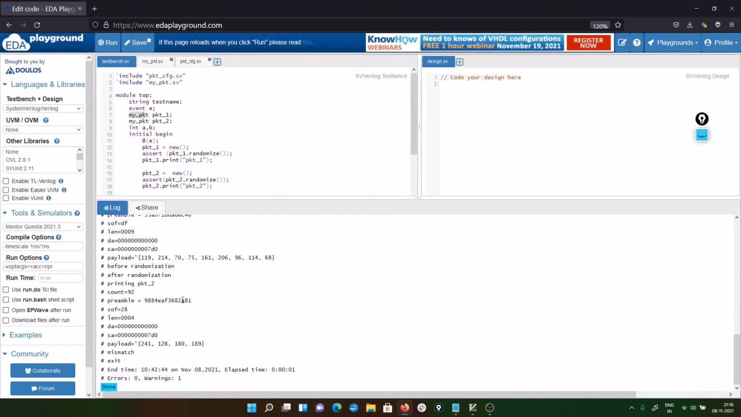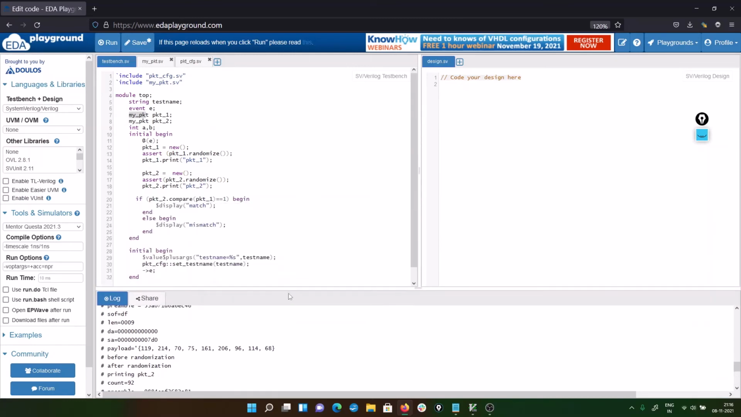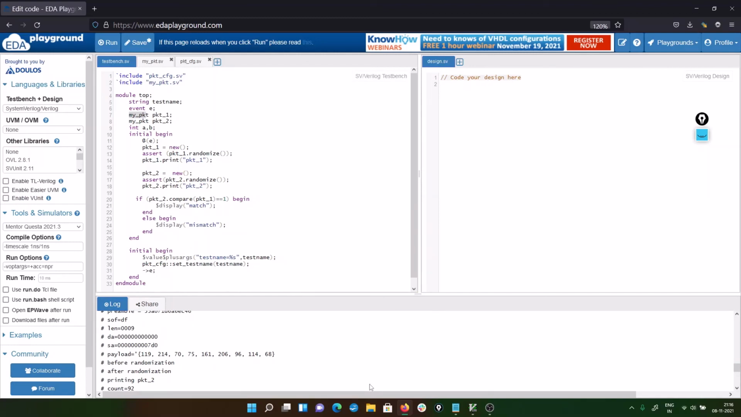So this is the way how we can implement all these things like events, constraint enabling, disabling, and events like this. Okay, so